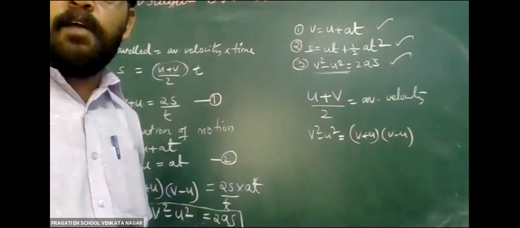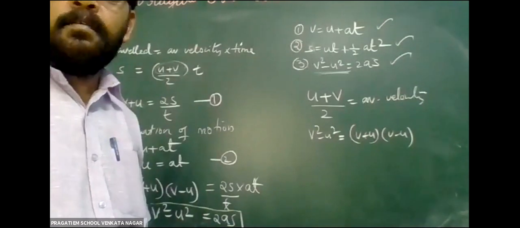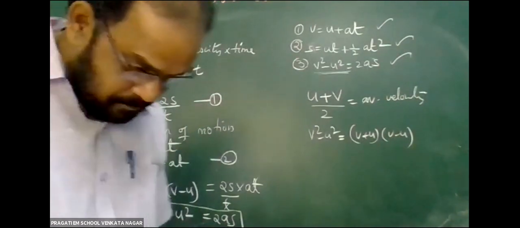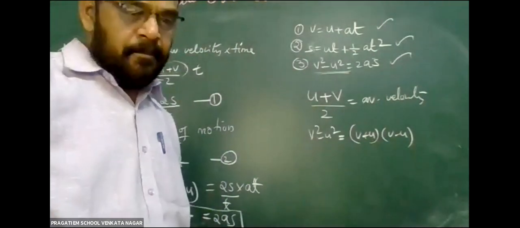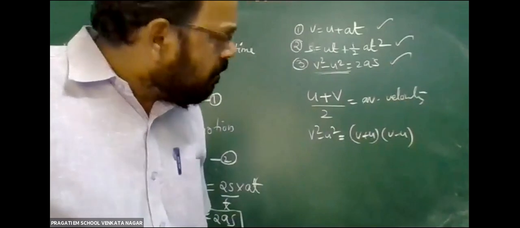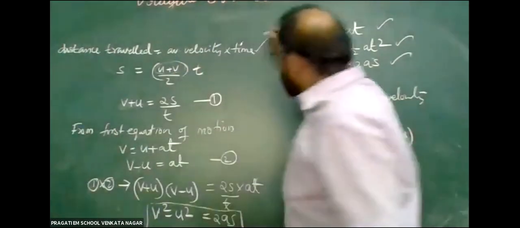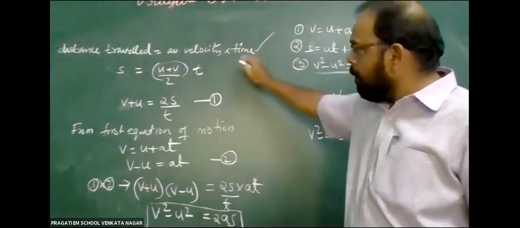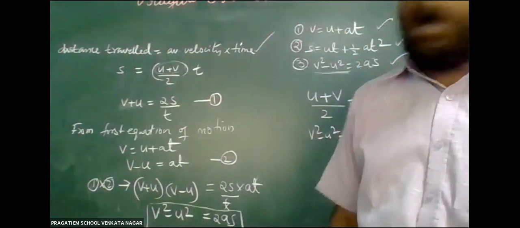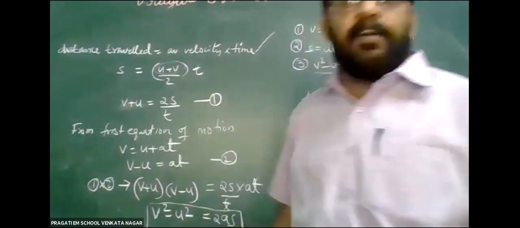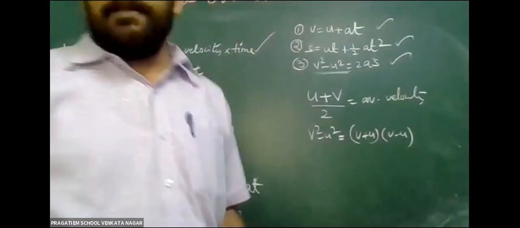Okay, children, anybody is having a doubt? Anand Murali. Sir, yes, can you hear me? Yeah, I can hear you, say. Starting, distance traveled is equal to average velocity into time. Why did you write that, sir? Because from this step only we start the derivation. Tell me once again, sir. Distance traveled is equal to average velocity into time. From there, our derivation will start. Okay, sir. Thank you, sir.